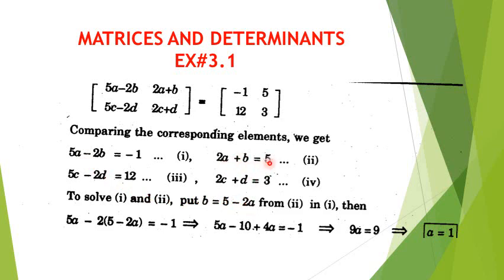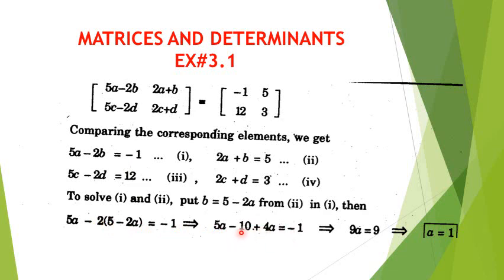5 minus 2a. Can I write like this? I made b the subject: 5 minus 2a. Okay, put this in place of b. So 5a is same, minus 2 is same, in place of b, 5 minus 2a, minus 1 is same. I'm just multiplying. 2 5s are 10, minus 1 is plus.